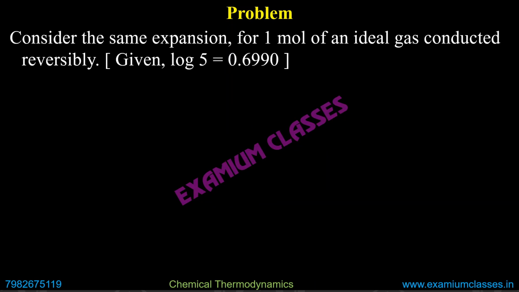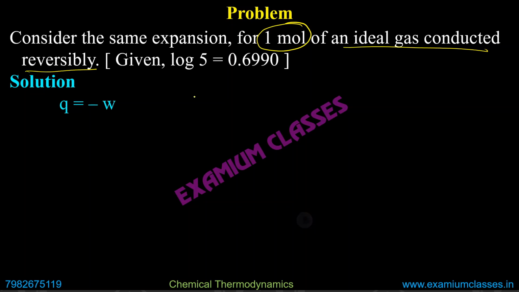Next part of the same question. Consider the same expansion, but we now have 1 mole. So n is given, ideal gas conducted reversibly. If it is reversible, you know the formula is the integration formula, or 2.303 log V final by V initial. Obviously nRT will be there, so we will use that formula. It is isothermal. Q will be equal to minus W, and W here, if you remember, for an isothermal reversible process, was minus